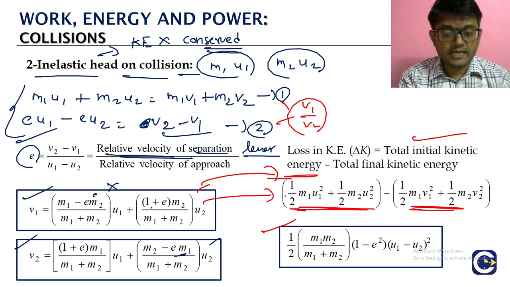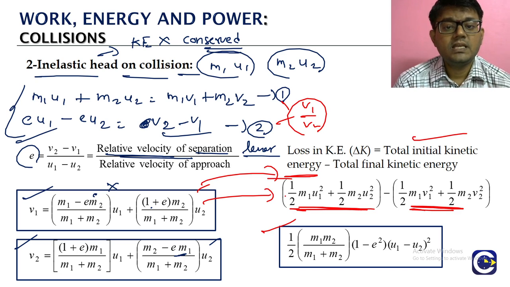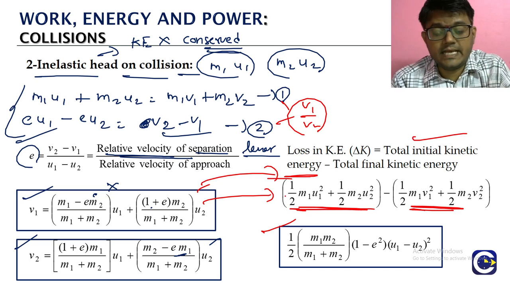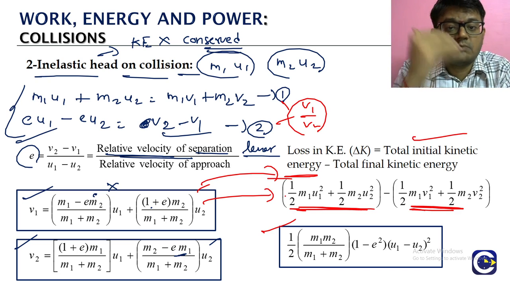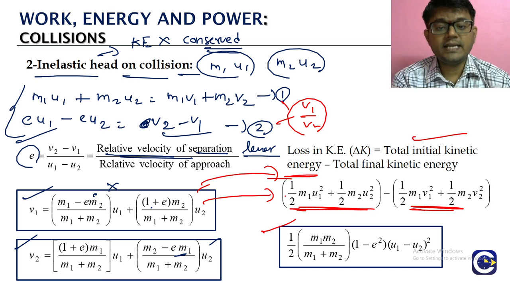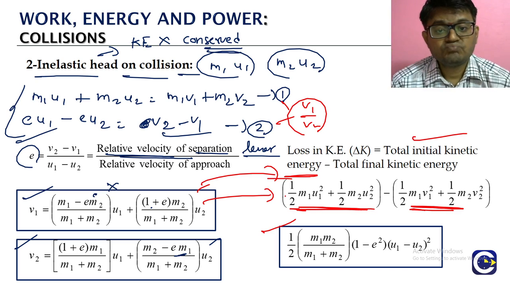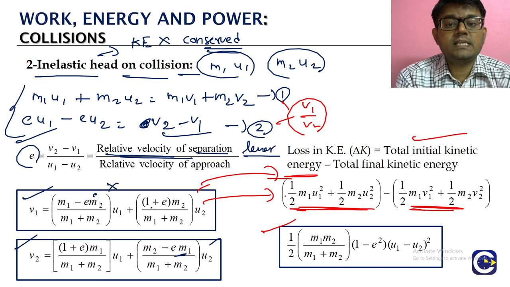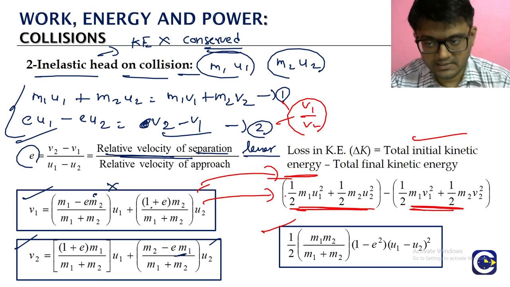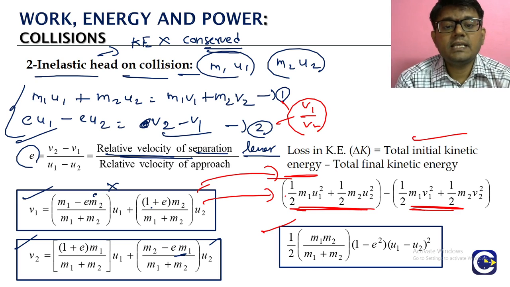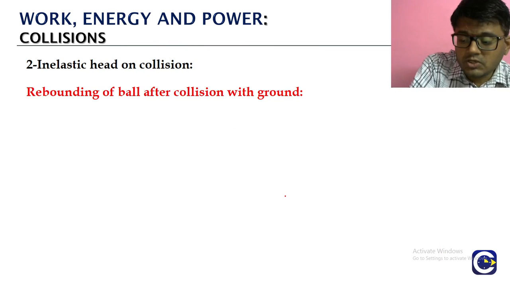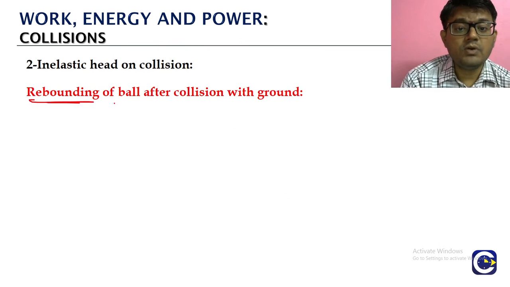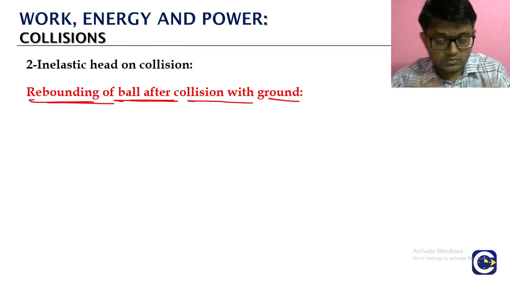Okay va? So either you remember these expressions, v1 expression, v2 expression and the மாதிரி the loss in kinetic energy, அது ஒரு scenario. இல்லைன்னா we use the original equations தெரியுமா conservation of momentum, e ஓட formula, அந்த ரெண்டு equations யூஸ் பண்ணி we can calculate V1 and V2. V2 வந்தனா we can use them to calculate what is the loss of kinetic energy, அப்படியே பண்ணலாம். Okay, so this is about the inelastic head on type of collision. Okay வா, so இதுல ஒரு special case என்ன தெரியுமா, the rebounding of the ball after collision with the ground.